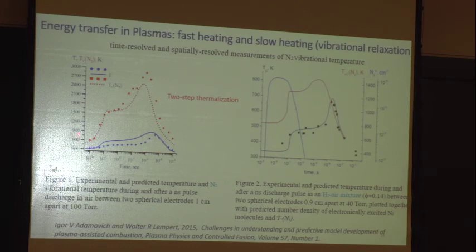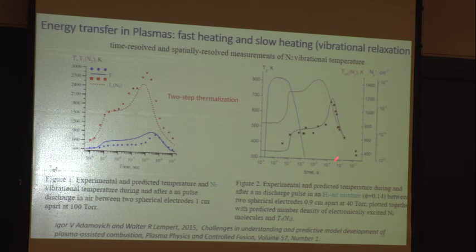If you look at the time scale, this is 10 to the minus 9, within 100 nanoseconds, the fast heating completes, right, at 1 atmosphere pressure. And the collision frequency at 1 atmosphere pressure is what? 10 to the 9th, right? So it happens within 100 collisions. And then here, at 10 to the minus 4, the vibrational relaxation takes about milliseconds to happen. It takes quite long in terms of vibrational energy transfer to translational energy.